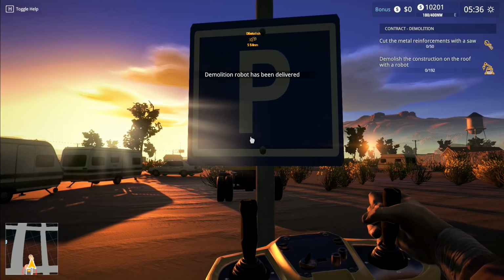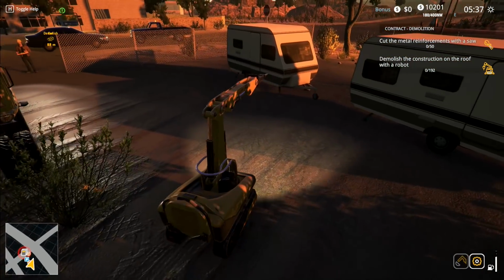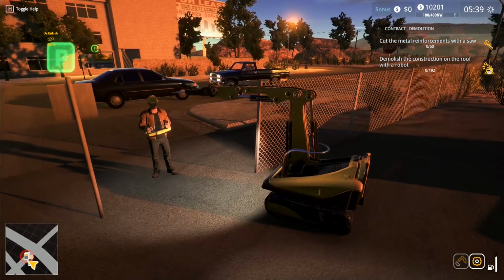Let's try the demolition robot instead. That one doesn't seem to be any better. What is wrong with this place? Right, off we go. Can I drive into myself? This is something...